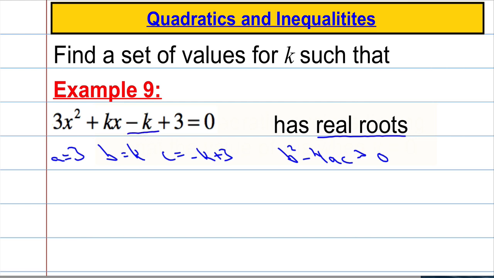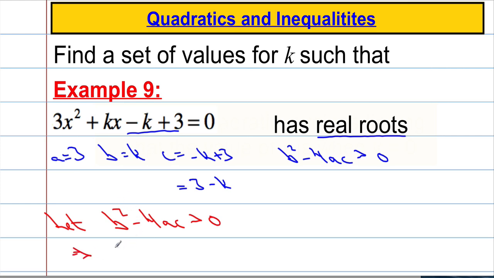All this bit is the constant. I'm going to rewrite that as 3 subtract k. So b squared minus 4ac must be greater than 0,